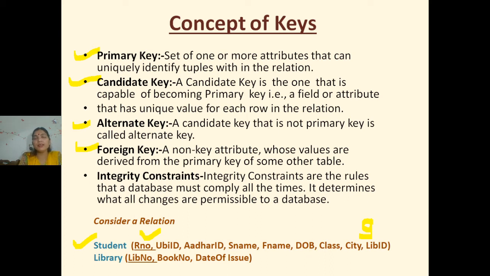Normally when we write in our generic way, we write a relation like this. The name of the table, in brackets the name of the attributes. We underline the primary key attribute and then close the brackets. So can you see something different here? The library table contains a library number. A student table also contains library ID. And somehow do you all get a feeling that library ID is related to library number? Yes, it is. Every student of every class has a library ID.